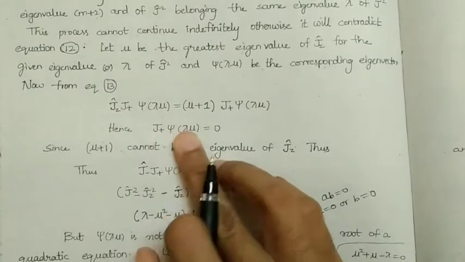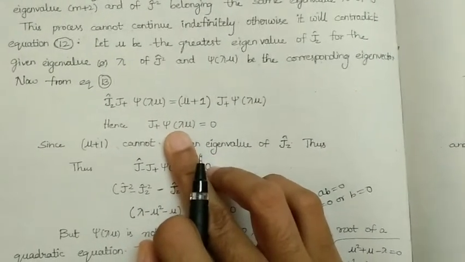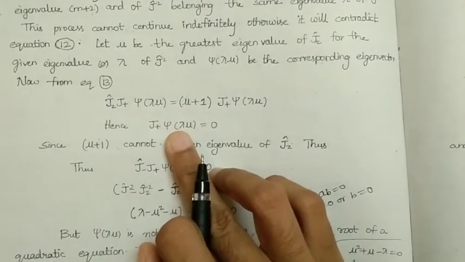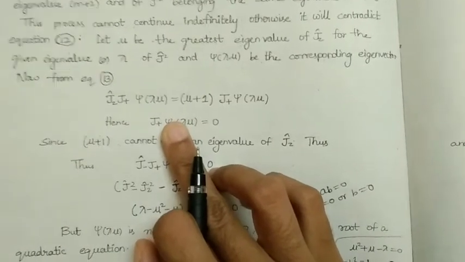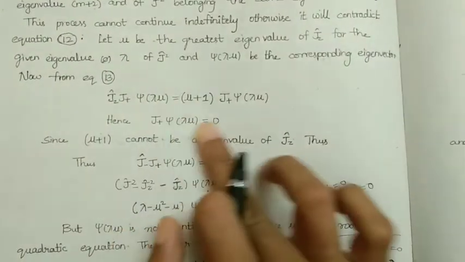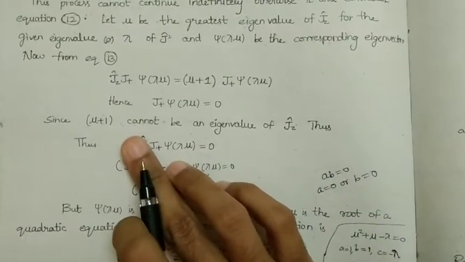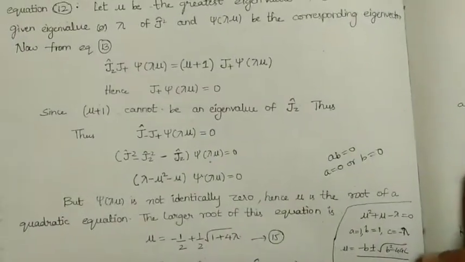So j plus operating on the wave function, what does it do? It increases the value of m by 1 unit. But if it increases, it would dissatisfy the 12th equation, that is, lambda must be greater than or equal to m square. Hence this is equal to 0 for the maximum m value. And since mu plus 1 cannot be an eigenvalue of jz, thus we have